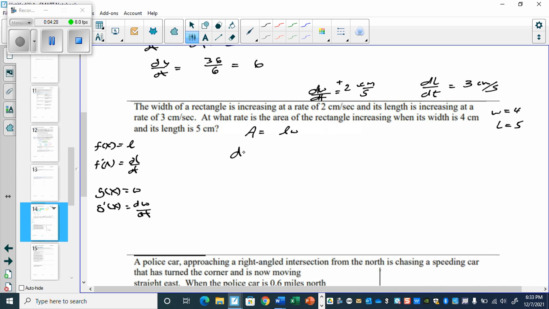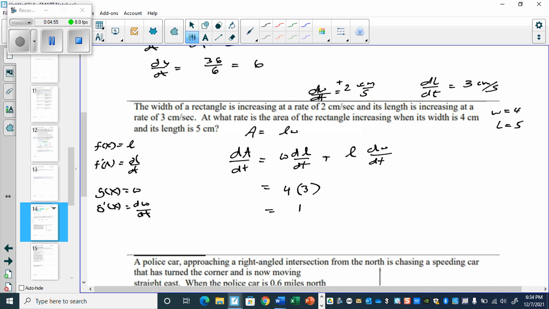And with respect to time, this becomes w dl/dt plus l dw/dt. This equals 4 times 3,